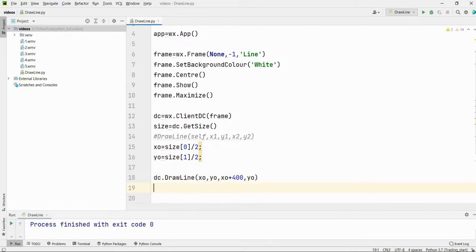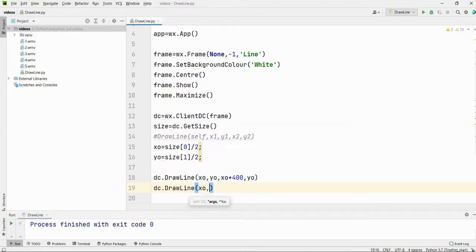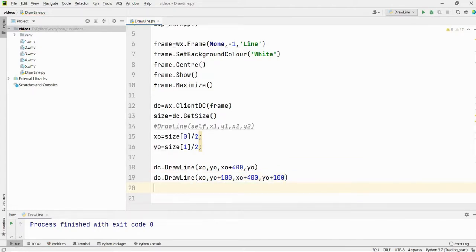Now if I want to draw a second line below this first line, it can be drawn by using the same command. I will draw it some 100 units below this line. The length of the line remains the same, 400 units. Now if I run this code, I should be able to see two lines, one below the other. Now let us see. I run this code. Now you can see on the screen two lines, one below the other, of equal length and 100 units apart. Like this we can draw as many lines as we want on the screen based on our